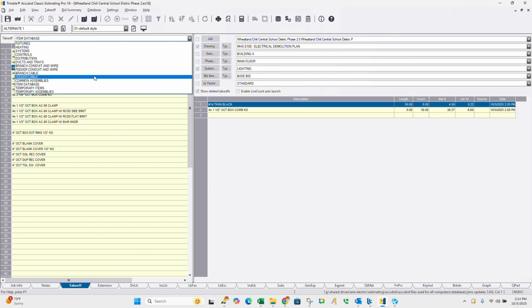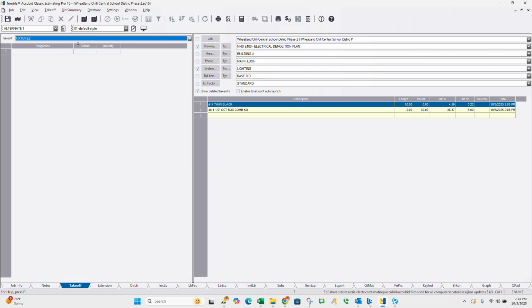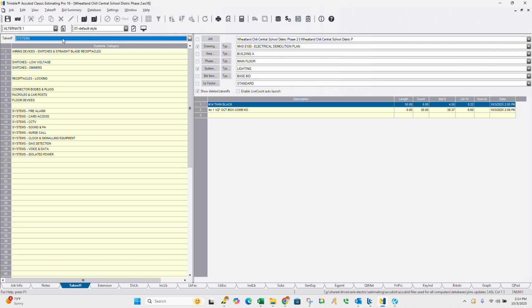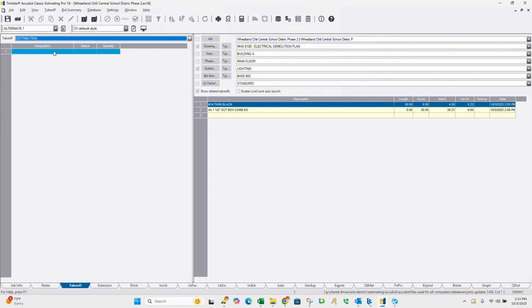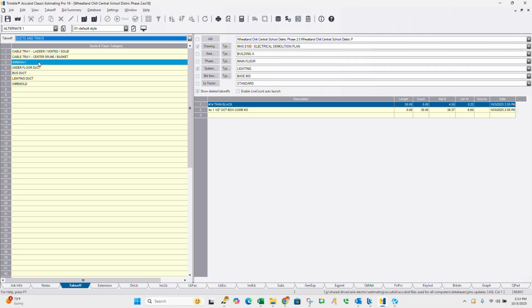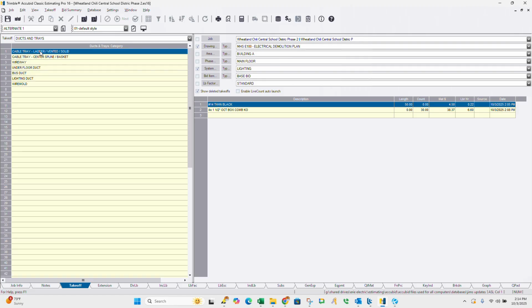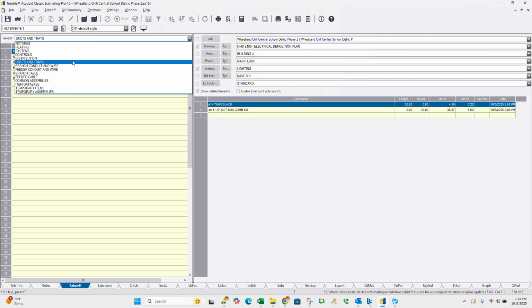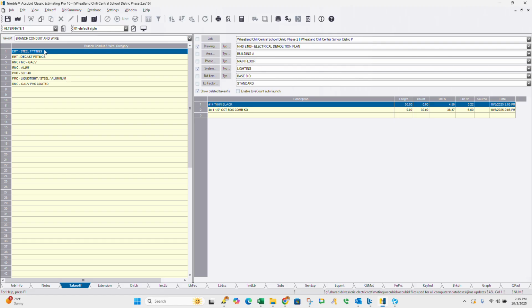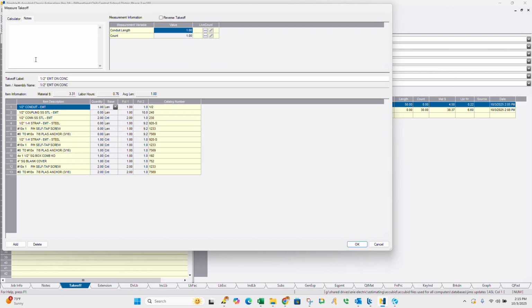Now, going on to the takeoff items, right? Fixtures, heating, a lot of these are blank. Systems, controls, distribution. These are all like one-off items right here. So if I pick this, it's going to be one item, right? That's going to go on there. Same thing with branch conduit and wiring. And when I say one item, it's going to be like